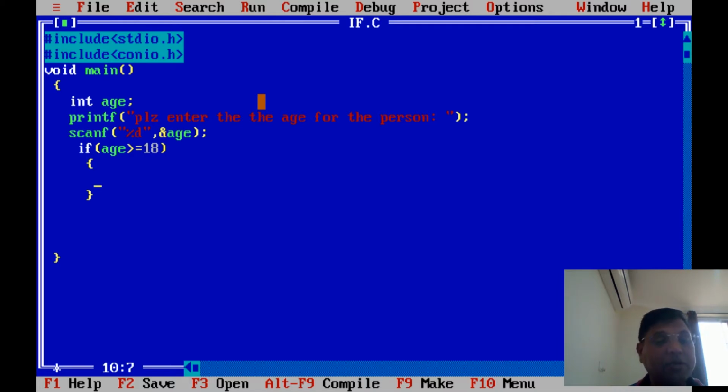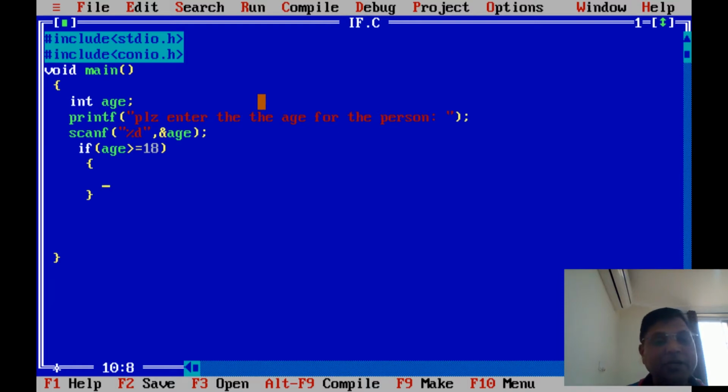But if you have statement 1, statement 2, statement 3, statement 4, then all four statements should be clubbed within opening and closing curly brackets. If you have only one, it is not necessary. But make it a habit to use the curly brackets, so you don't have any problem.